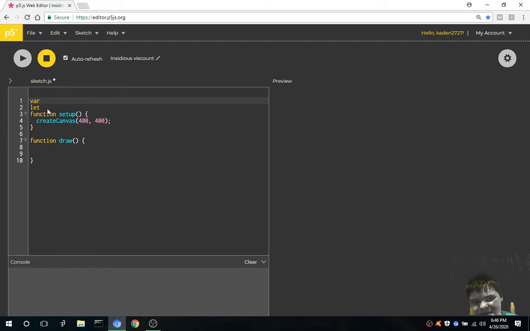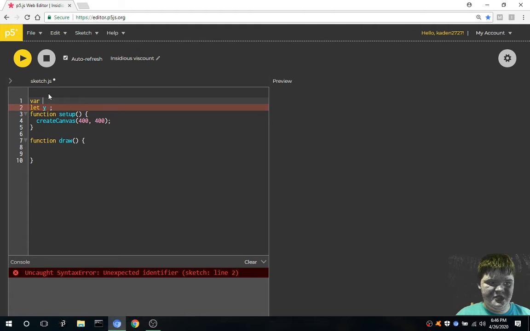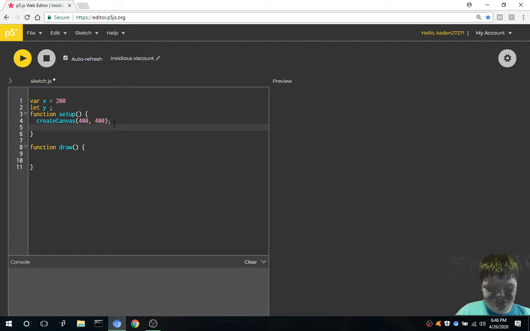So you're saying let, like, per se, let y. What's wrong? Let's run this and see what's wrong. Oh, because I didn't add anything up here. Anyway, we'll say x equals 1. We'll say x equals 200. Now, in setup, we're going to say a new function, random. We'll say y